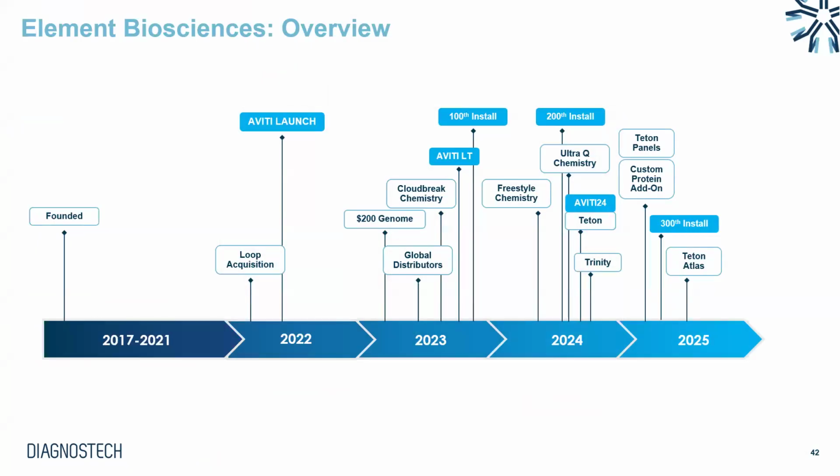So you may not have heard about Element before, but they have actually been around since 2017. It was founded by 3 ex-Illumina and PacBio staff members, and they had the common goal of making sequencing more accessible by making it more affordable. And in order to do this,